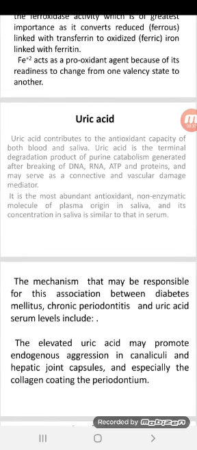Uric acid contribute to the antioxidant capacity of both blood and saliva. Uric acid is the terminal degradation product of purine catabolism generated after breaking of DNA, RNA, ATP and protein and may serve as connective and vascular damage mediator. It is most abundant antioxidant non-enzymatic molecule of plasma origin in saliva and its concentration in saliva is similar to